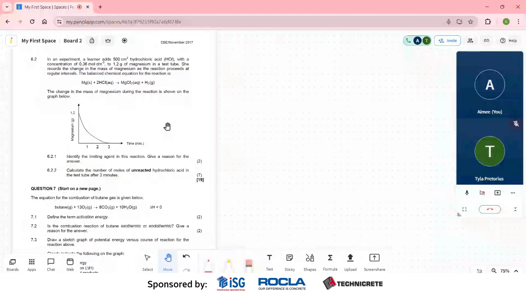6.2. Okay, so 6.2 says in an experiment, a learner adds 500 centimeters cubed of hydrochloric acid with a concentration of 0.36 moles per decimeter cubed to 1.2 grams of magnesium in a test tube. She records the change in the mass of magnesium as the reaction proceeds at regular intervals. The balanced chemical equation for the reaction is, okay, so it says it's balanced, you don't have to worry about